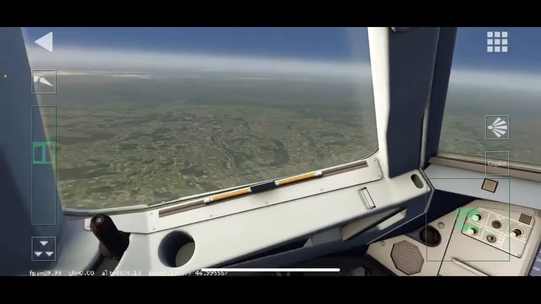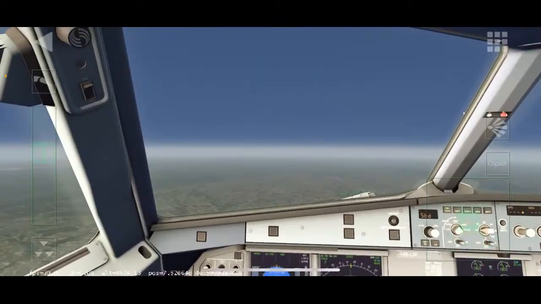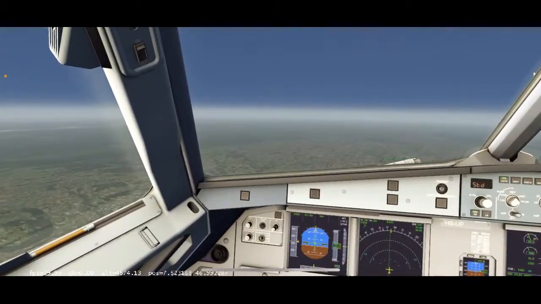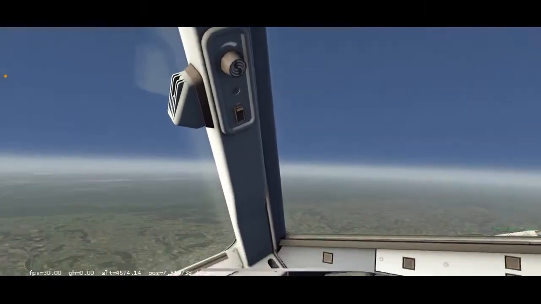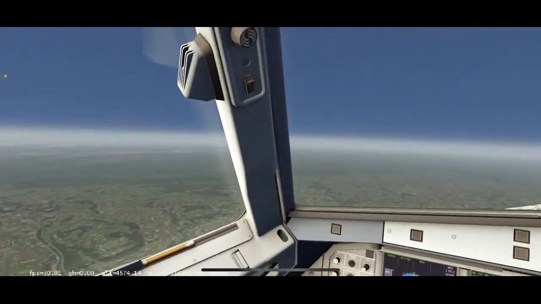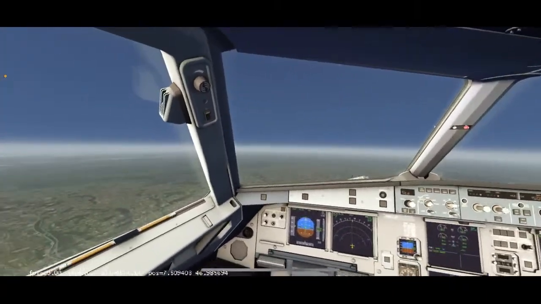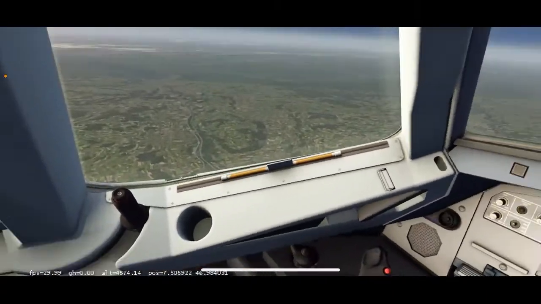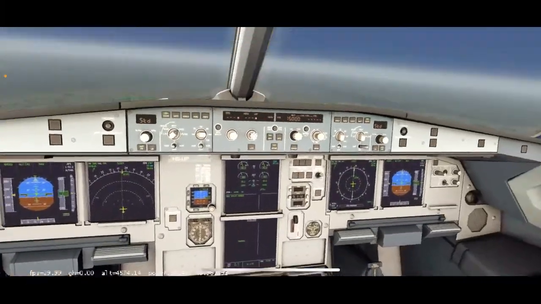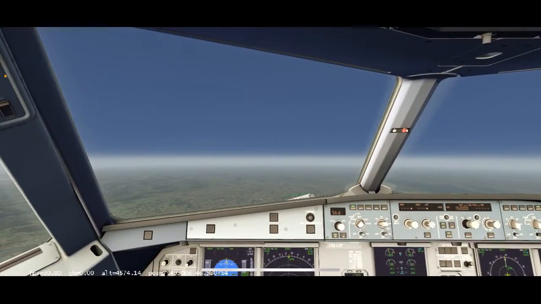Ooh, Aerofly, if you guys could add... well, I don't know how much it would glitch, but if you guys could add some weather, that would be really awesome. That would be top game. I mean, at that point, we're all paying $5 for this sim. I mean, seriously, you guys add weather, it's already realistic. I wouldn't be mad if you guys don't, but if you did, it would be like, wow.